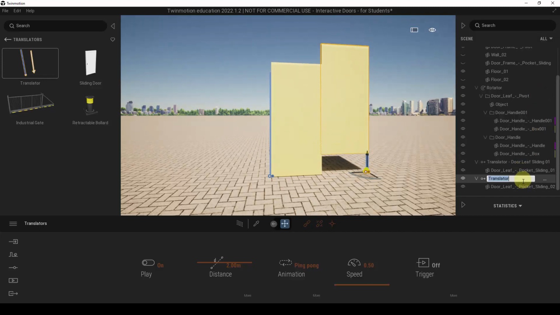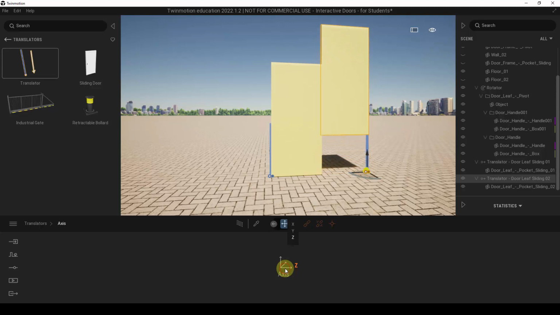So I will change it to translator door leaf sliding 02, and with this I will change the axis also, and first of all change the distance a little bit to 1 meter, and under distance I'm going to click on more here to change the affected axis. So I'm going to click on more and change the axis from z-axis to x-axis now, this way,